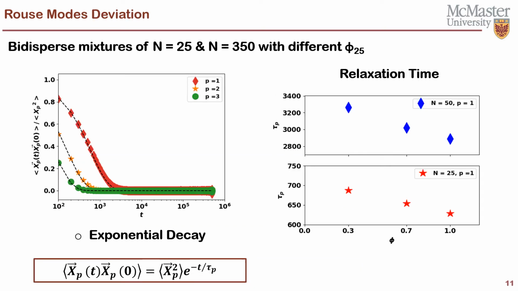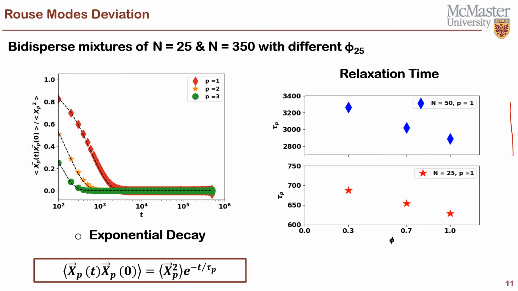The figure on the left shows the exponential decay of n equals 25 at a mass fraction of 0.3 in a mixture with 350 as the majority component. The graph shows a very nice exponential decay. Although not shown on the slide here, when the shorter chain is the majority component, the shorter chain length also decays exponentially. As shown on the right panel, we recovered the relaxation time from the exponential decay at different mass